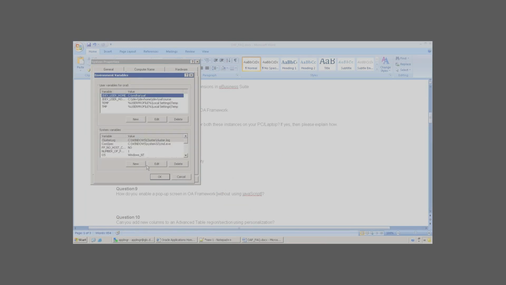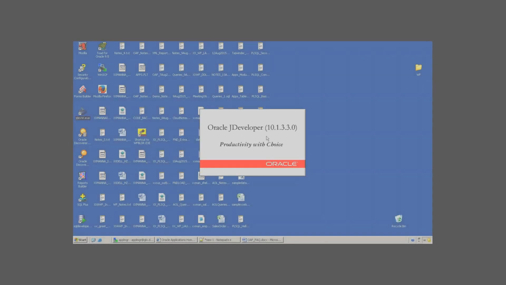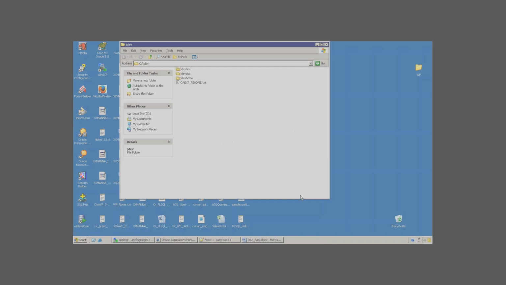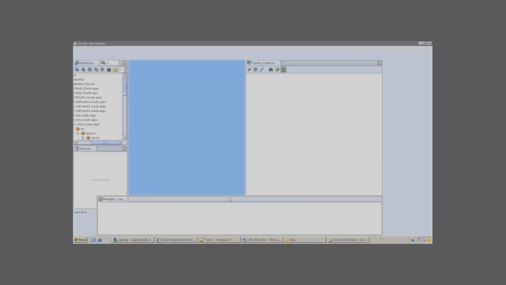Now, advanced environment variables. It will ask you where to save the file. Let me show you. Now I have reset the values here. I don't have any developer setting. I have a different JDEV_USER_HOME. Let me start my JDeveloper. If you observe what will happen is,